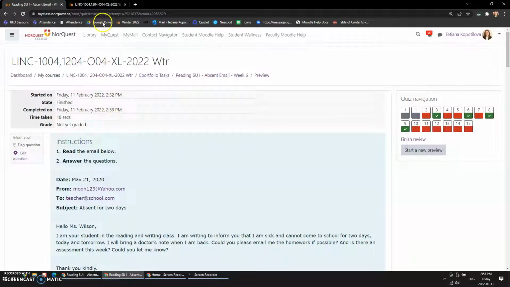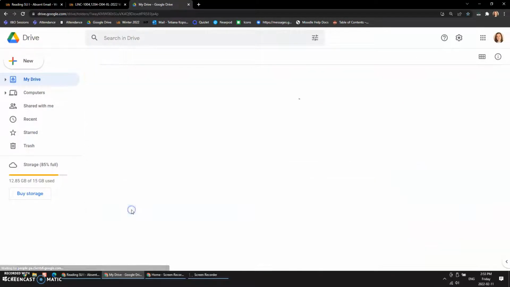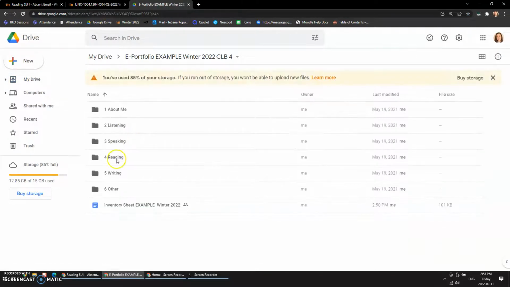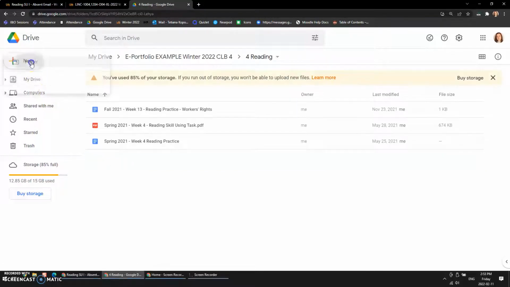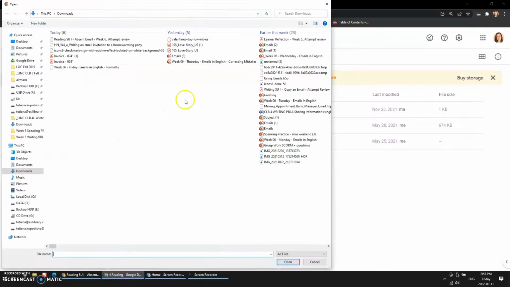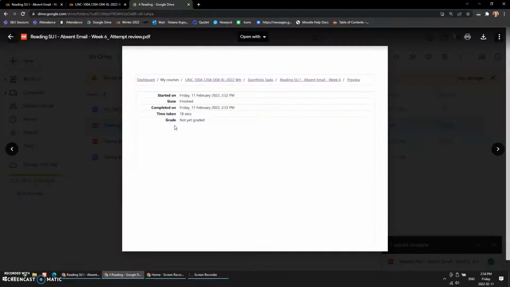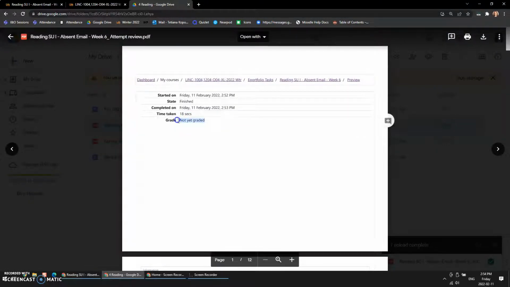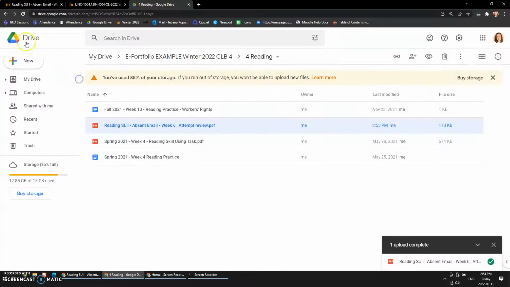Now go to your Google Drive. Open your ePortfolio. Open the Reading folder. Click New, File Upload. Choose Reading, Absent Email, whatever you saved it as. It will appear here. Open, check your grade again. Then go to your